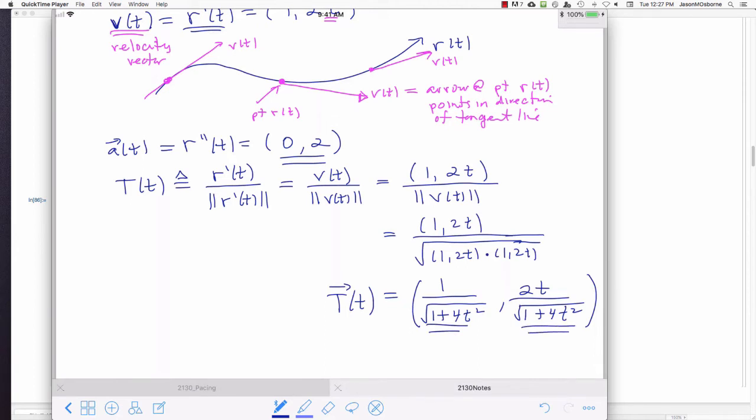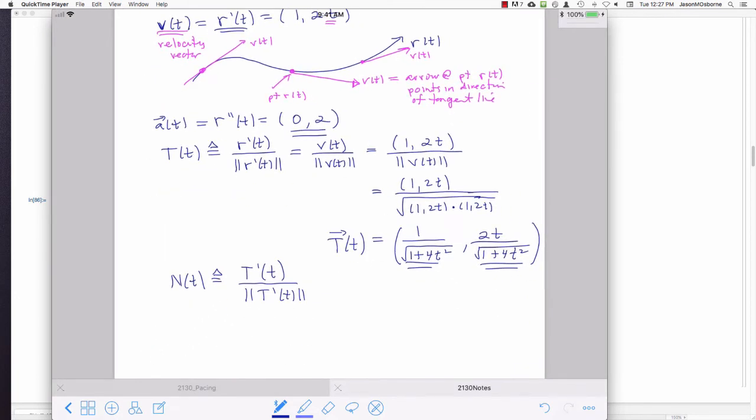And then the unit normal vector is defined to be, we'll see why it's defined this way, the derivative of the unit tangent vector divided by the magnitude of the derivative of the unit tangent vector. I'll leave you to compute that. Once you find those vectors t and n, you will know the acceleration vector, and